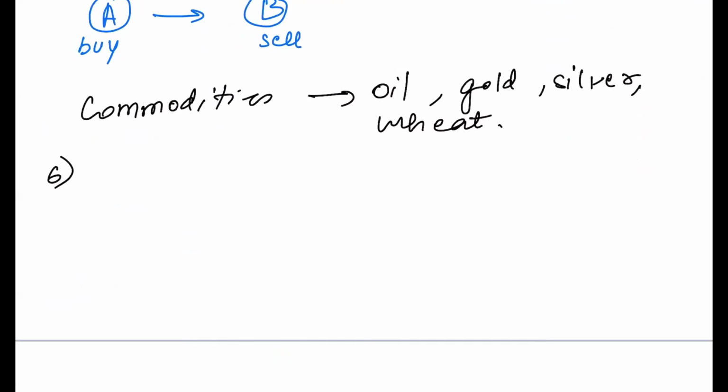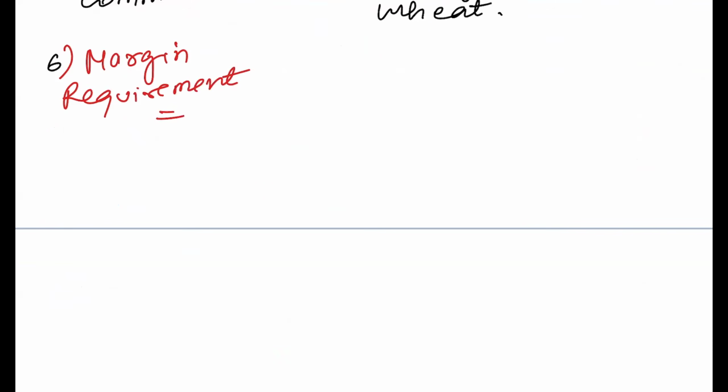Sixth, and this is also very important, is margin requirement. We will study this in detail. Anyone involved in a derivative has two types of margin requirement. One is the initial margin. What do you mean by initial margin? It is nothing but